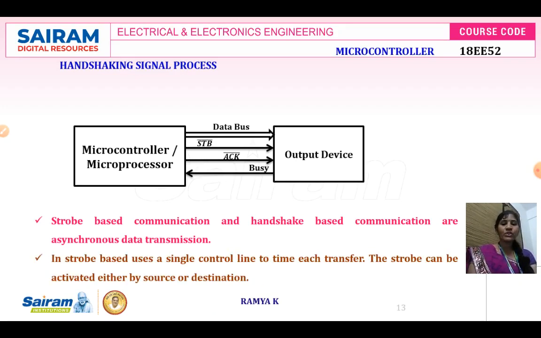In strobe based communication, only one control line is used, whereas in handshake based communication, two control lines are used. In strobe based communication, the one control line is used either by the source or by the destination. It is just like half duplex communication, whereas handshake based communication